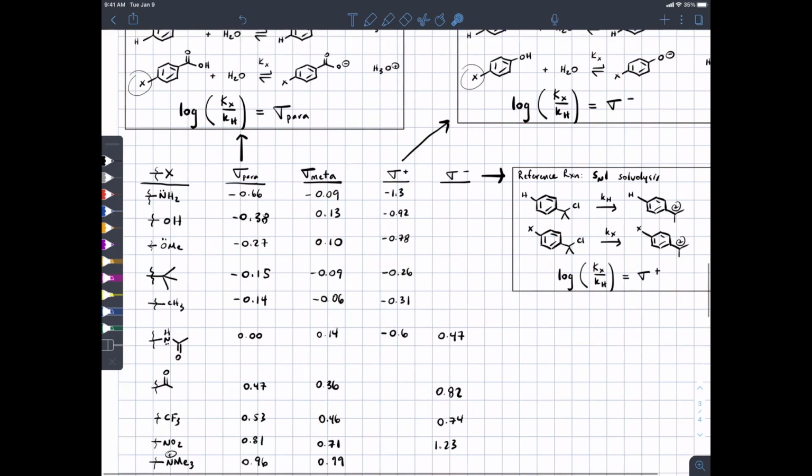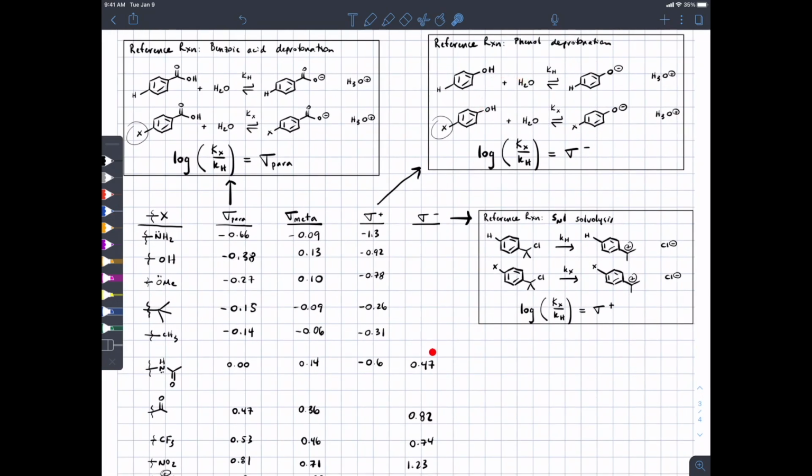But it turns out if you do this analysis, you see actually it's not even a donor, it's quite a good withdrawer. Okay,